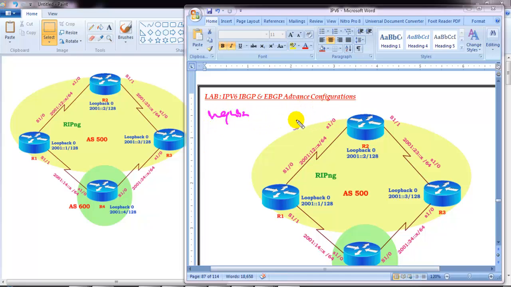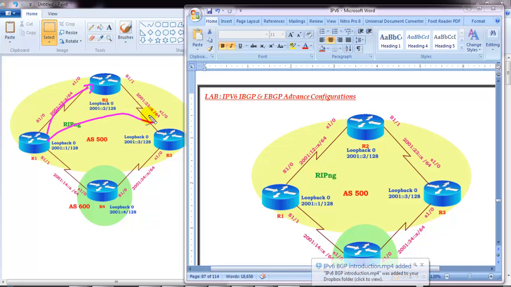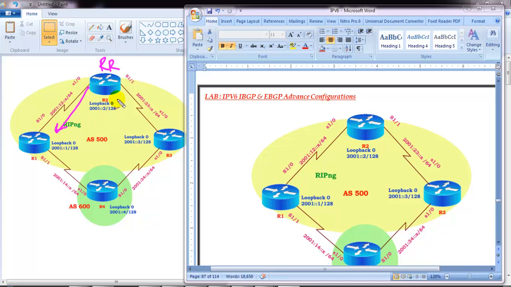command. And also, if you see here, router 1, router 2, router 3, they belong to the same autonomous system number. Now we are not going to use a full mesh. If you're doing full mesh, router 1 should pair with router 2 and router 3. So every router has to establish the iBGP peering using the loopback interfaces, but we are not going to use full mesh. Instead, we are going to use a concept of route reflector server, where R2 will be our server and then R1 and R3 will be our route reflector clients.